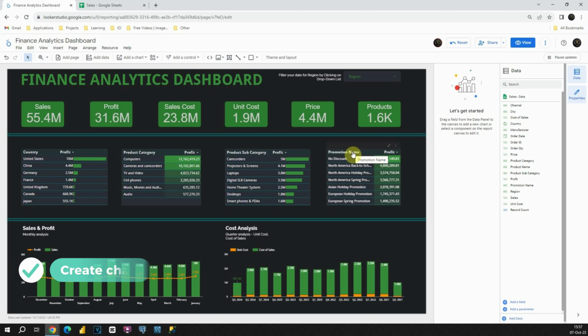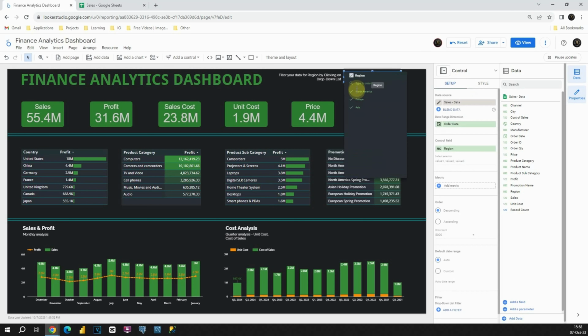And after we complete all of that, then we will create those two charts. First will be sales and profit analysis by month, and second one will be cost analysis. Also, we will include one filter at the top. So basically you will be able to click on this field here, and then you will be able to filter